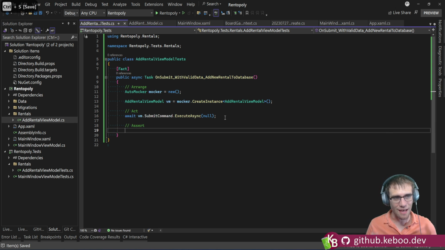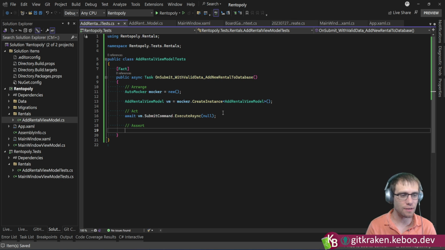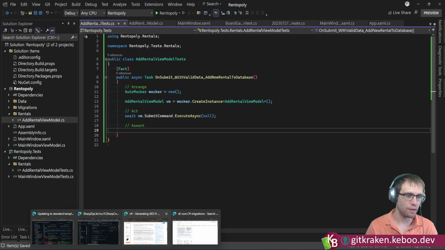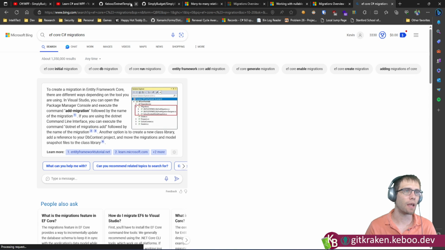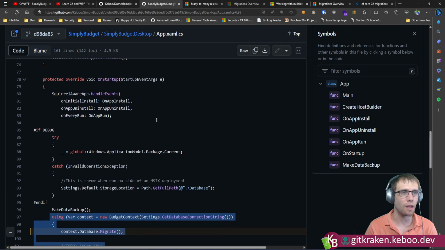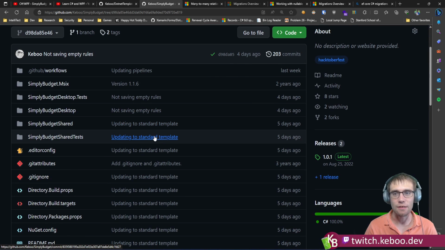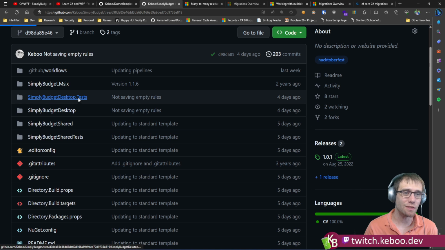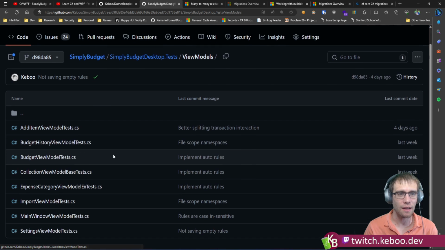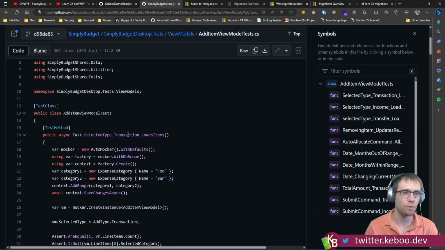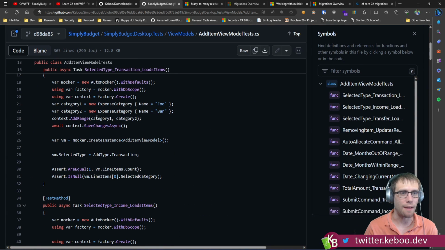Okay, so now the question is, how do we do this assert? Because the whole idea is we want to make sure that we're actually getting data out of the database. Now, this gets to be a little bit tricky. We're already using SQLite, so we could use the SQLite in-memory database. The problem with the in-memory database is it goes poof when the last connection disappears, which isn't great, right? We kind of like to make sure that we are able to keep track of that. So,